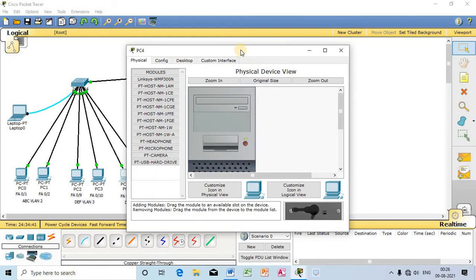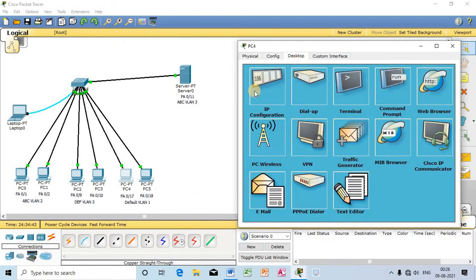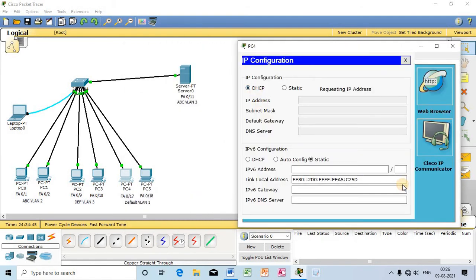Again, if I request an IP address, this computer will not be able to get a response from the server, because this computer will not be able to send any traffic through a separate port of the VLAN.